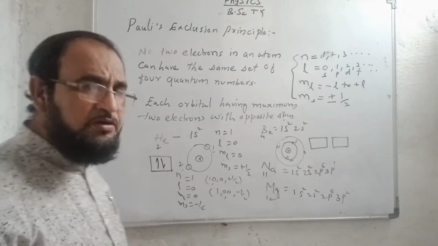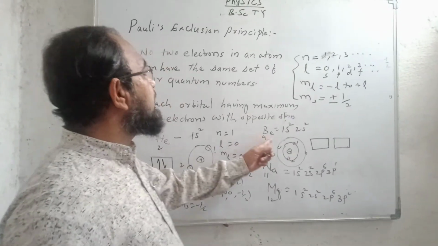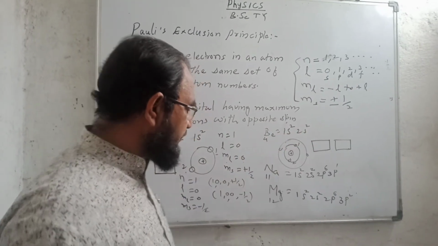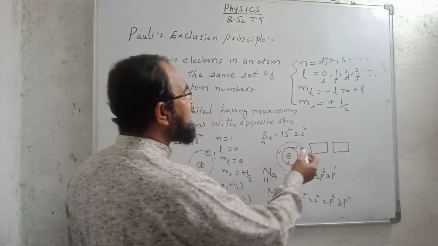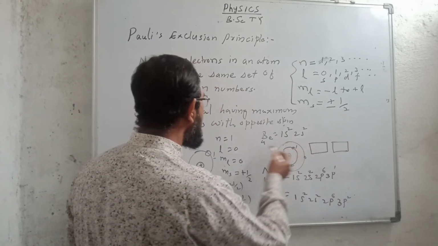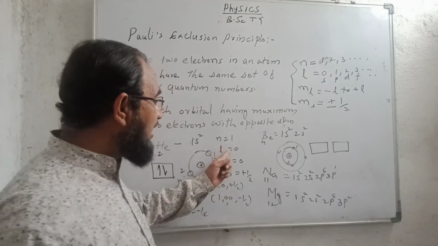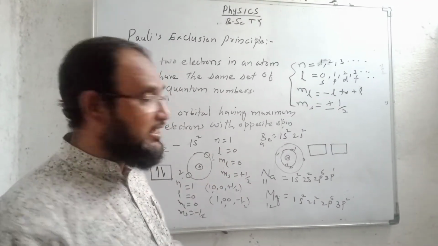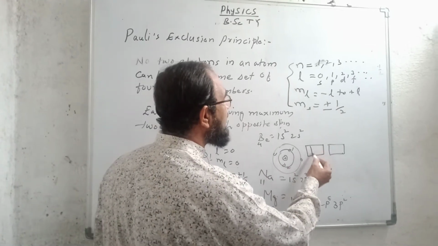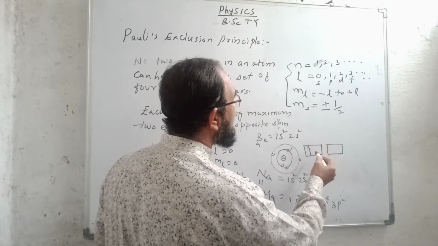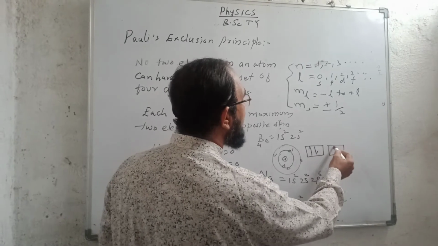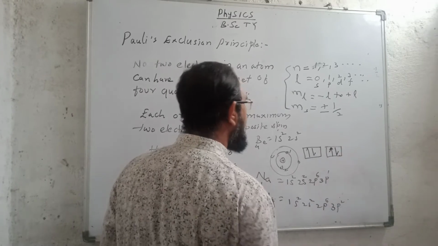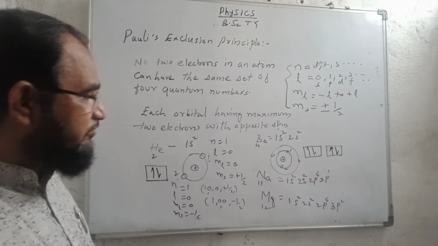Okay. Now take the case of the beryllium atom, atomic number 4, 1s2, 2s2. So I can say that here the value of n will be equal to 1 again, l is 0, ml will be 0 and ms will be plus and minus half. So how will the electrons be filled? First this one, then this one, then this one, and then this one. In this way the electrons will be filled.